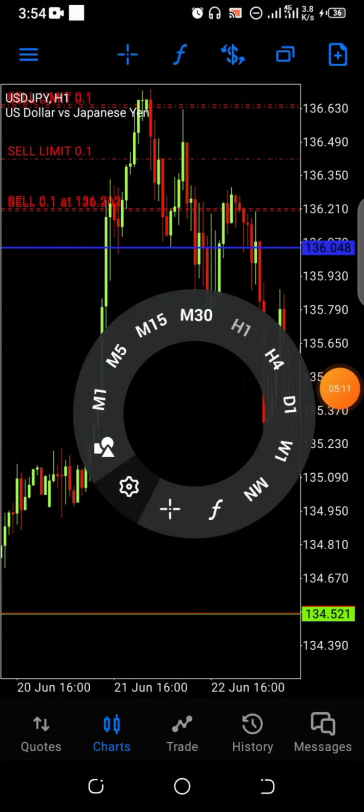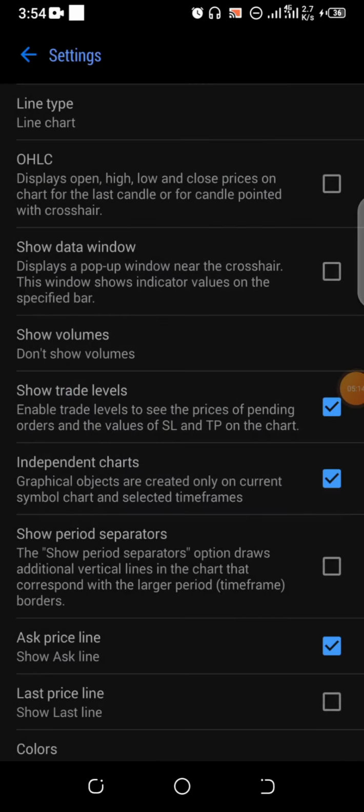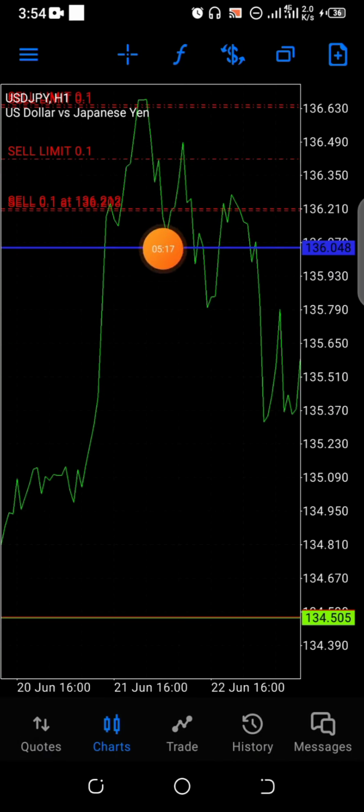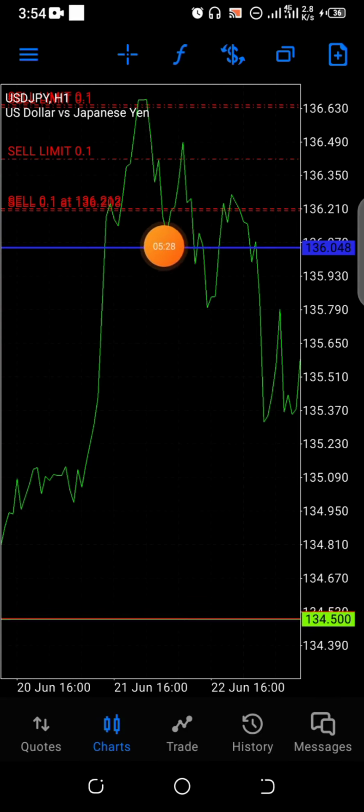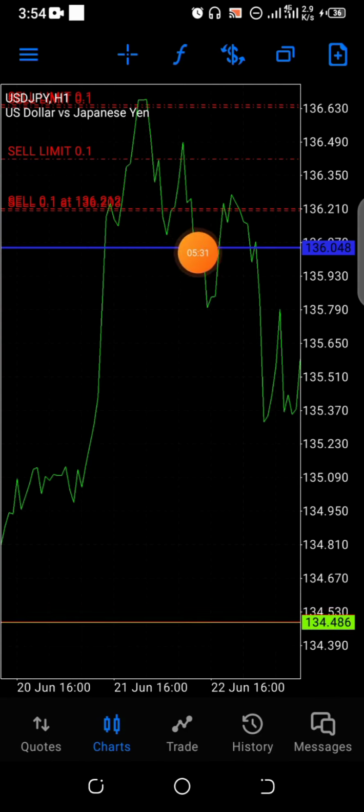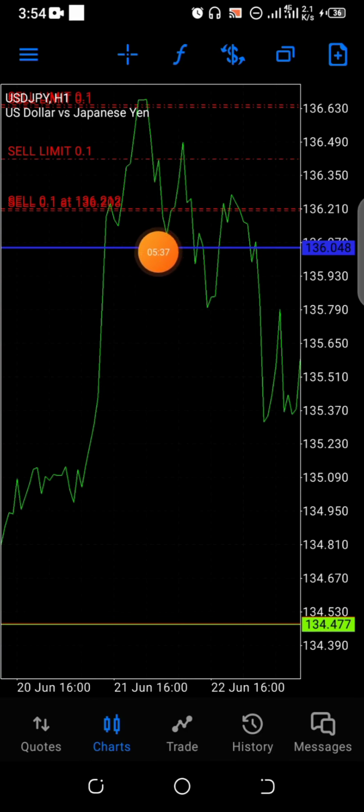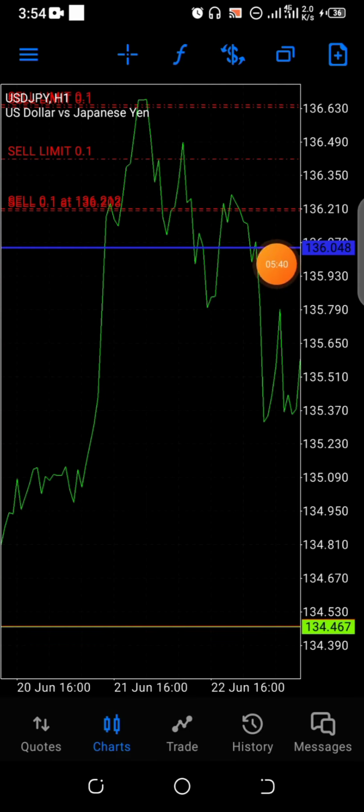So let's click settings here, line charts, and let's go back. We can see what happened here. Can we see? So all those wicks we saw did not reflect. They did not reflect on this place because there's nothing tangible about them, nothing to write about them. So most of the time, if you are confused and you really want to know which area is liquidity, which area the market has been broken or the structure of the market has been broken,